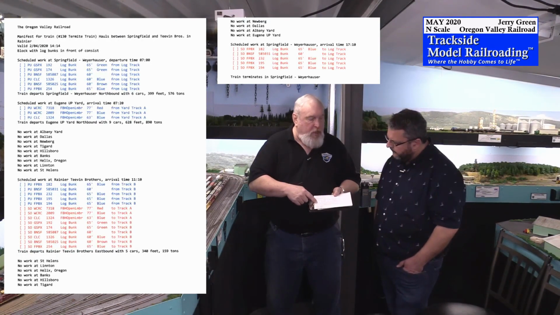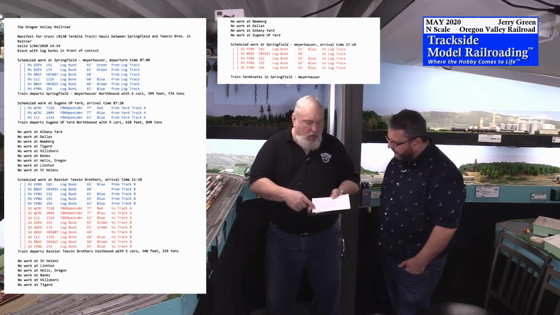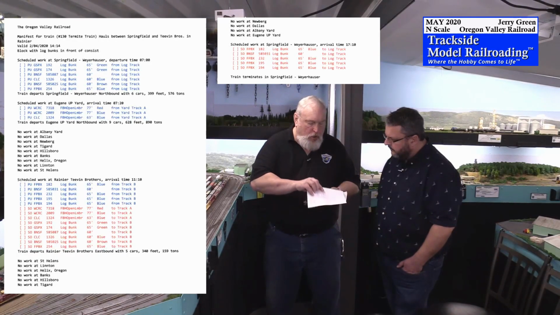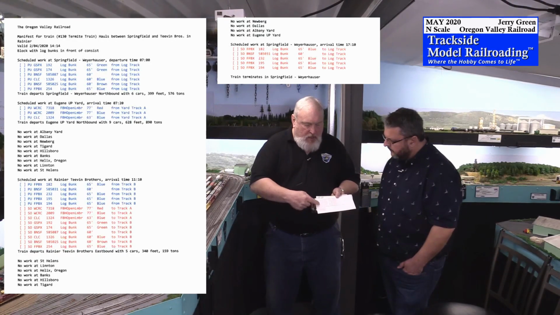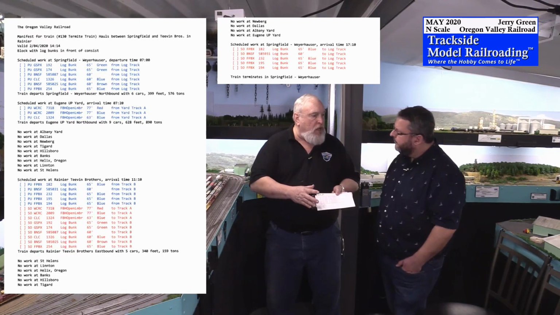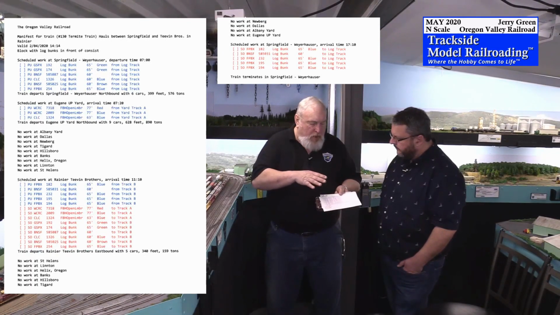So at this location, you pick up these cars. At this location, you'll either pick up more cars or you drop off cars. And then when you get to the point where you're ready to do work, it tells you in red these are the ones that you're going to be setting out. So all the instructions on how the engineer is supposed to run their train are built in these 3